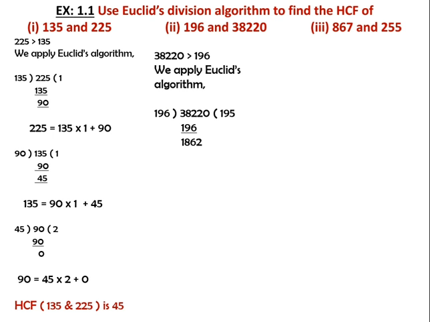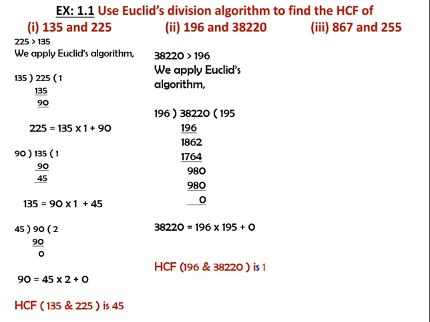196 9 times are 1764. Balance 98. Move down the number 0. So 980. 196 5 times are 980. Remainder 0. Okay, first step. The remainder becomes 0. The procedure stops. So the HCF of 196 and